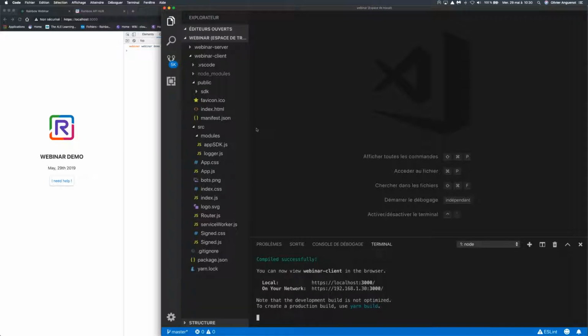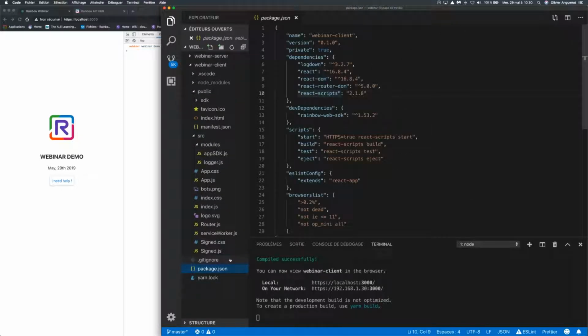The first thing I want to show you in that project is that we also have a package.json file, in order to include all the dependencies. We have two important dependencies. First, the Rainbow Web SDK, and the second is all the libraries needed by React.